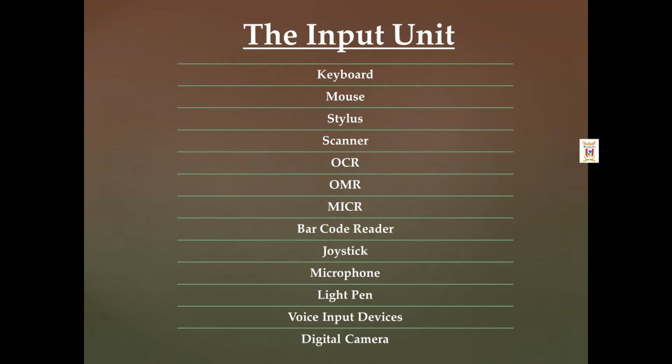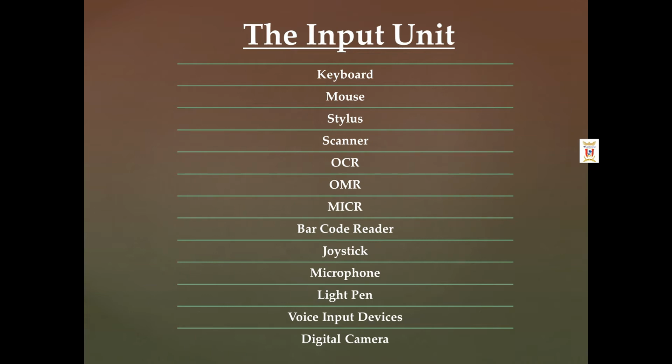Next one is scanner. It is the input device that scans text, images, objects optically. So there are 3 types of scanners: the drum scanners, the flatbed scanners and the handheld scanners. The fourth one is OCR, which is optical character reader or recognition. Just like the scanners, OCR also scans the document. The difference is that the scanned document in OCR can be used as a text document and can be edited using word processor and text editor.